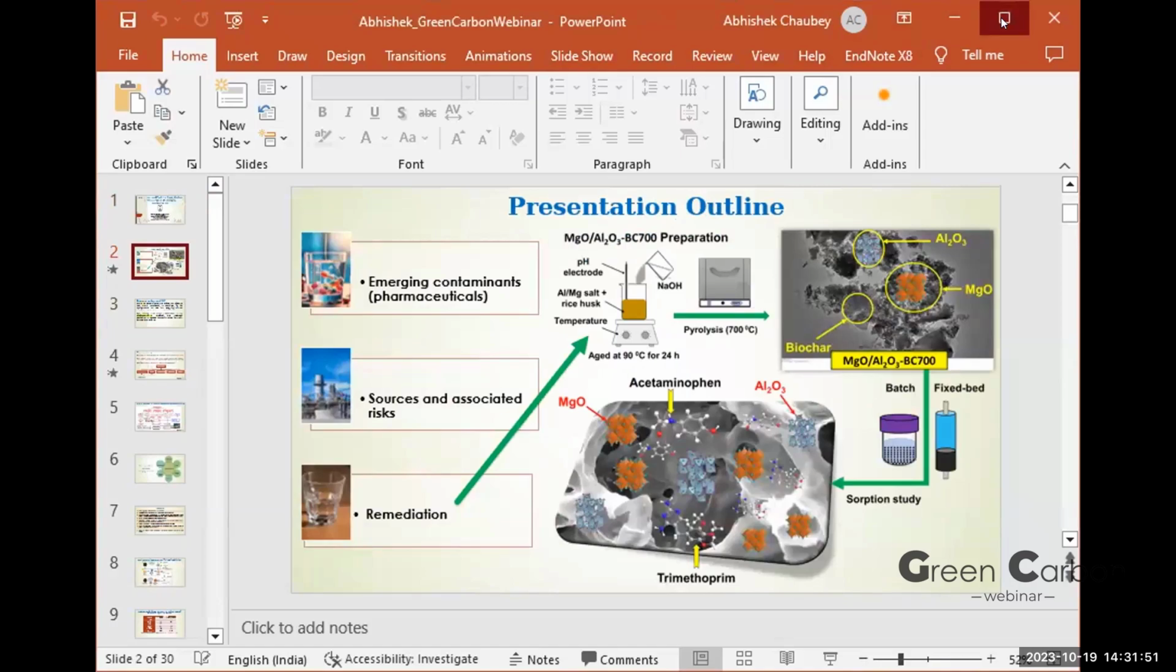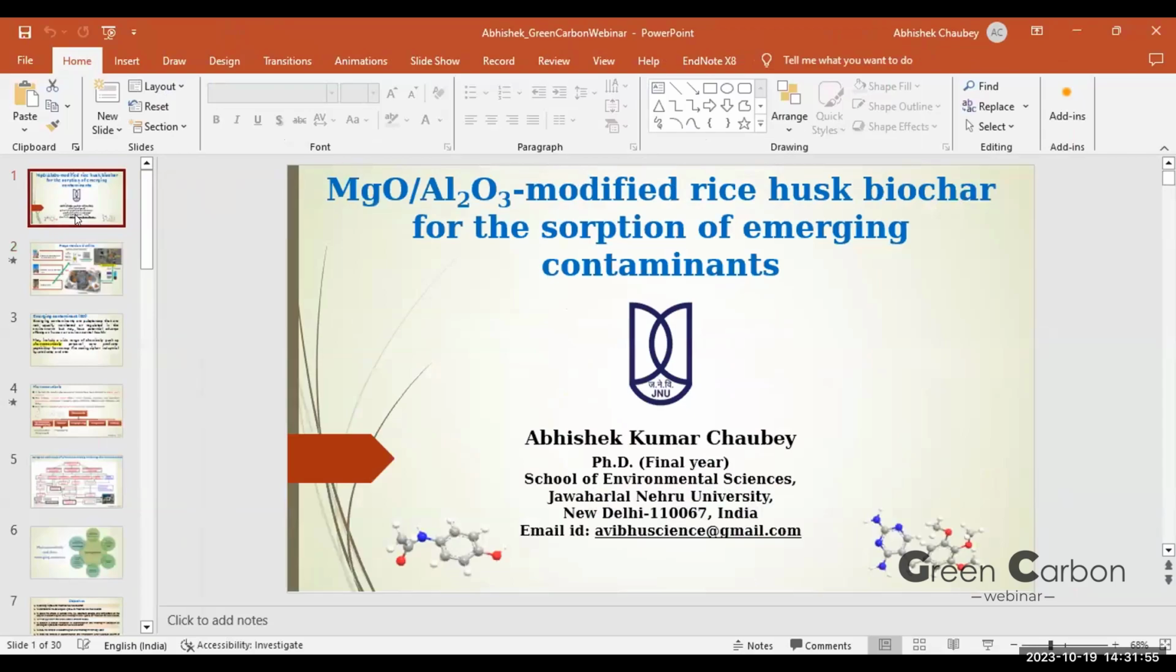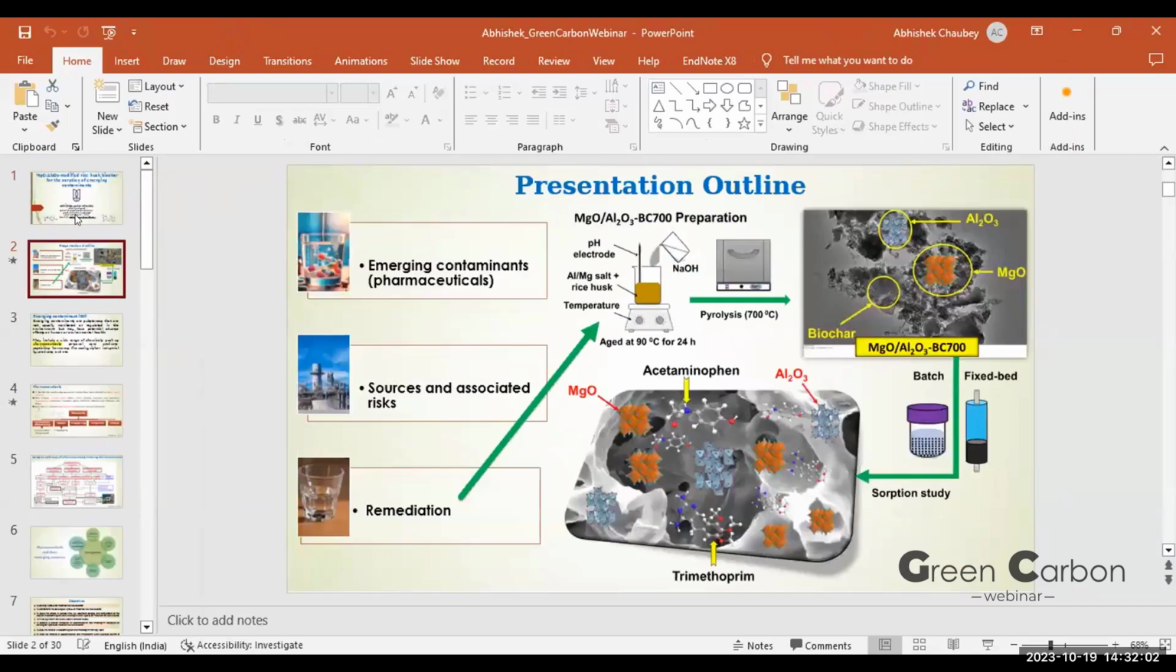I'm presenting my topic, which is the removal of pharmaceuticals with the help of MgAl2 modified triticeous biochar. In this presentation, my major focus will be on the remediation aspect. But what are those pharmaceuticals? They come under the category of emerging contaminants. What are the sources of these pharmaceuticals in water bodies, and their remediation? In remediation, I will try to complete